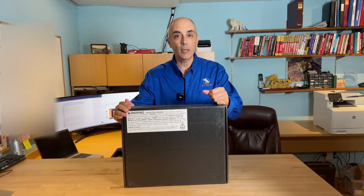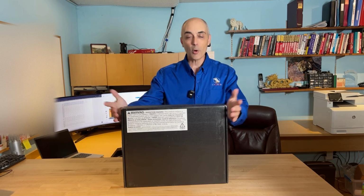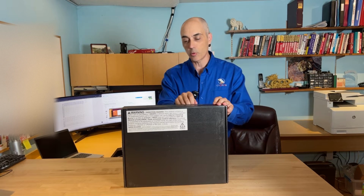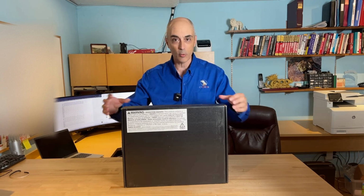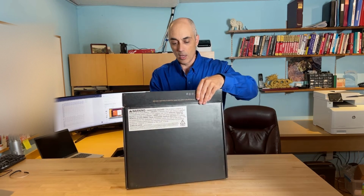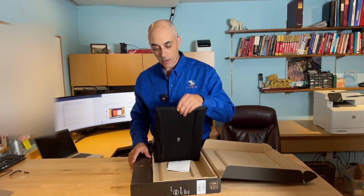This is a Dell Latitude 5550. So let's go ahead and open this, and you'll get to see this one. It's a little bit more on the high end, but to be very frank, you won't be able to tell the difference between something that has an Ultra 5 or more memory and whatnot, because they really all look the same. Now the box is quite easy to open, and you're going to find a lot more eco-friendly